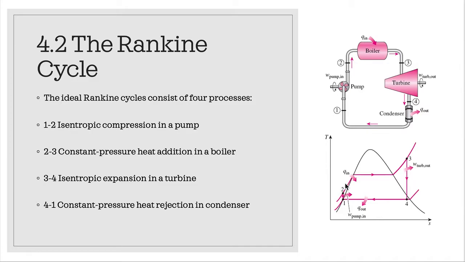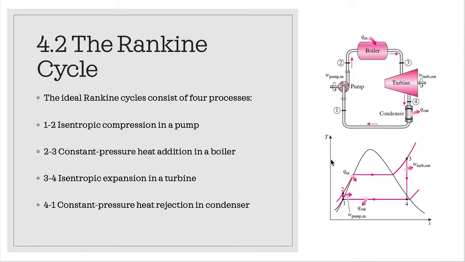So first things first, we have to know the processes involved in the Rankine cycle. We have four processes. Process 1 to 2 is isentropic compression in a pump. 2 to 3 is constant pressure heat addition in a boiler. 3 to 4 is isentropic expansion in a turbine, and 4 to 1 is constant pressure heat rejection in a